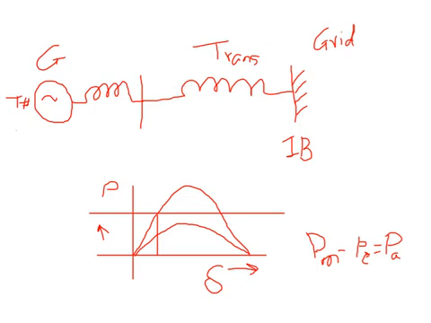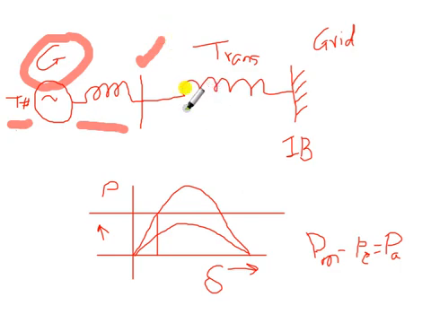So here I have shown this is your generator which is coupled at back with a turbine. This is typically called the synchronous reactance of the generator. So this is your generator bus. There is a transmission line which is connected to the infinite bus. Now where can a fault occur? A fault can occur in the transmission line, a fault can occur at the terminal of the generator also, at the infinite bus, a fault can occur anywhere in the grid.